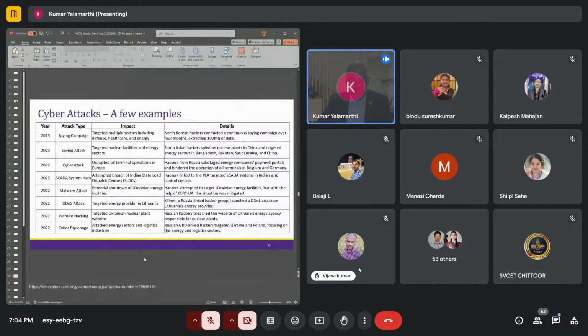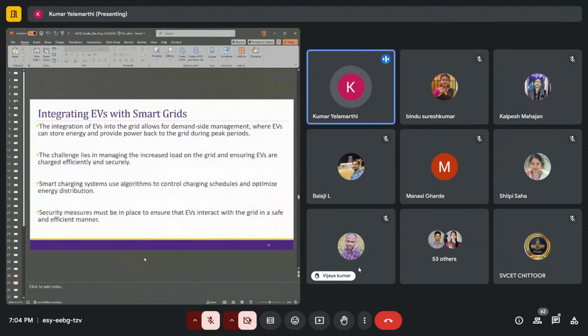So there are issues that are going to come up with cyber attacks on the grid. It goes far beyond just the power. There are a lot of challenges with that, so keep that in mind. Now, I'm just going to wrap this up quickly soon.